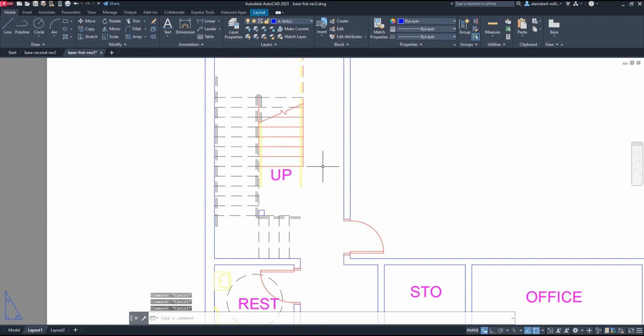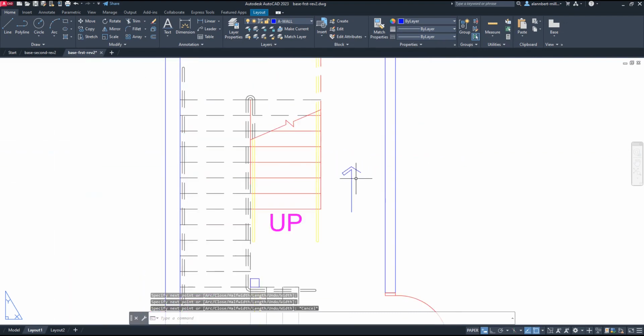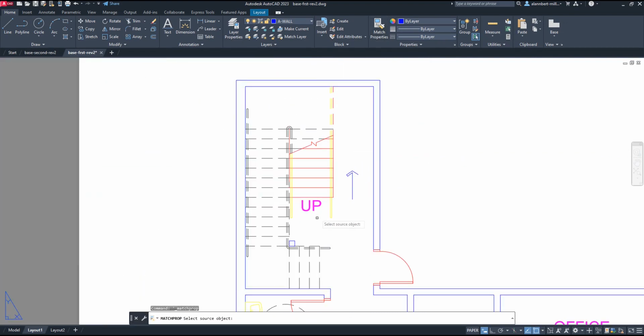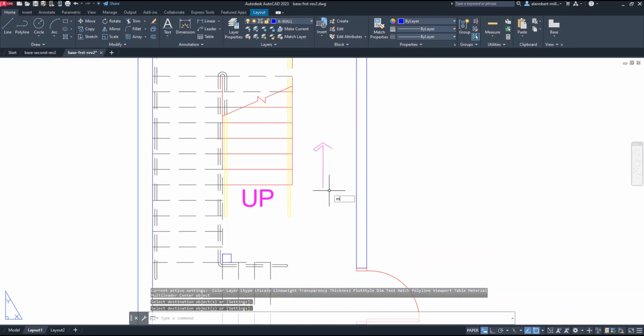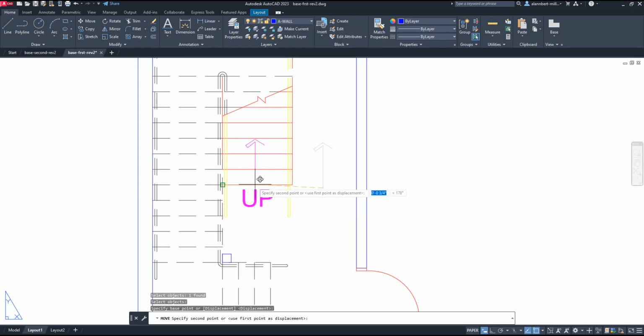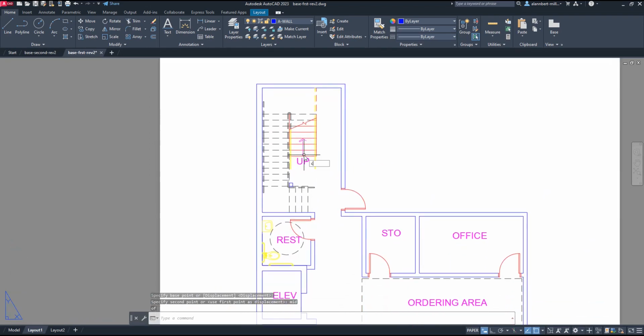So I wanted to do a PLINE, PL, and then my style is a line up, and then go like this, go like this, go like this, and then go like that. So that's just my style. Okay. And then I'm going to match property, so it becomes also this one. And I'm going to just simply move that to the midpoint here. Okay, that's up, and I'm going to copy that same